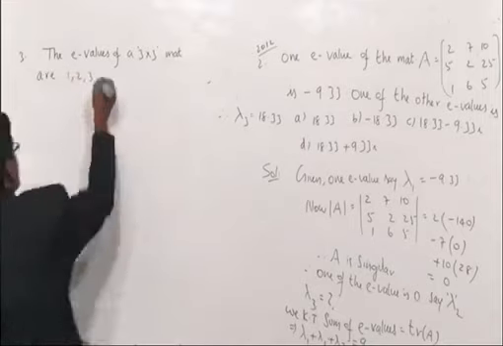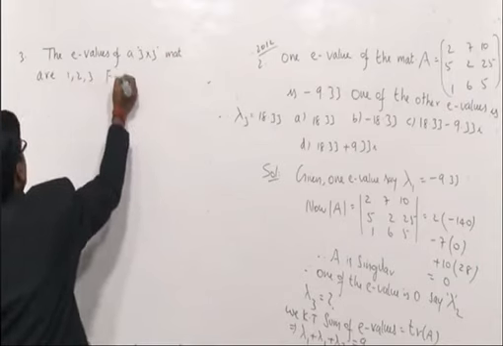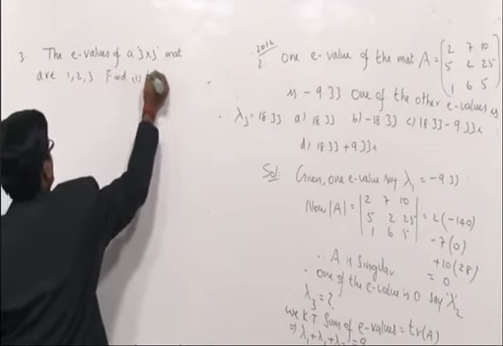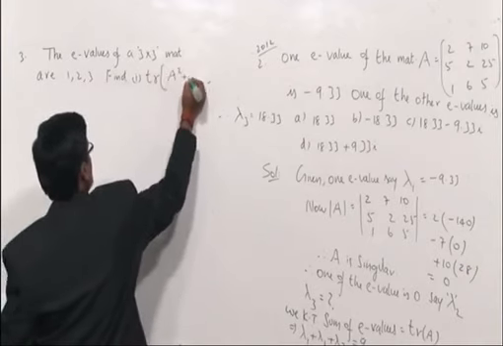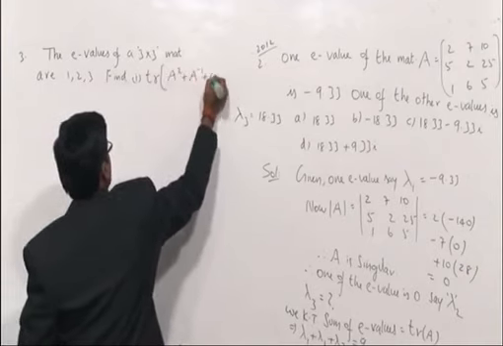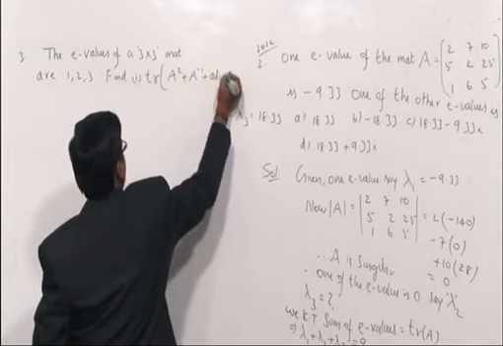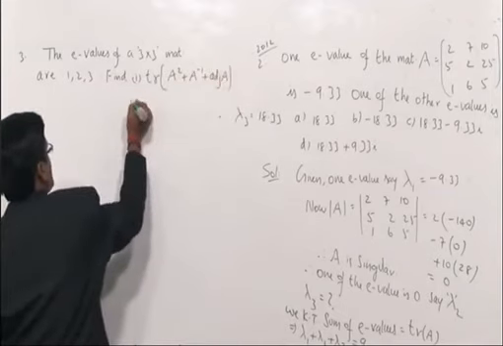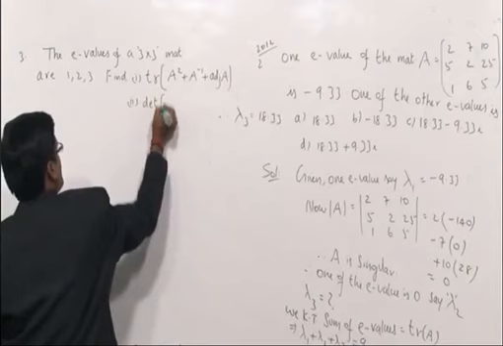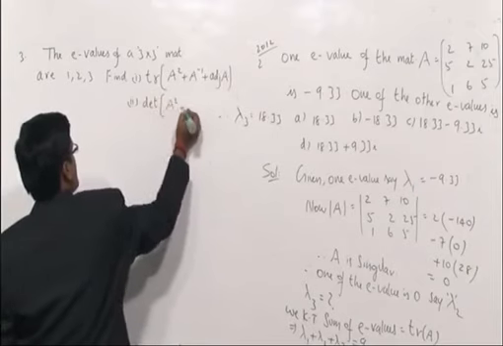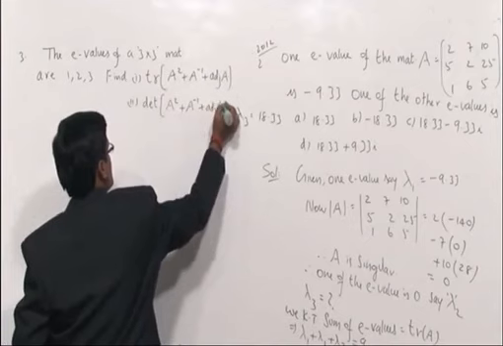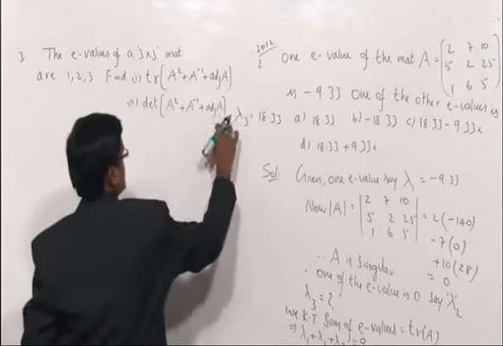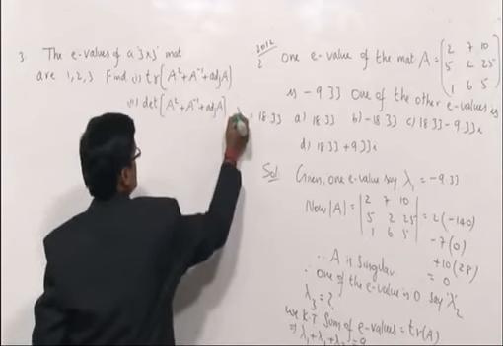Lambda 1, lambda 2, lambda 3. First bit, find the trace of the matrix A square plus A inverse plus adjoint A. Second bit, determinant of the matrix A square plus A inverse plus adjoint A. Therefore